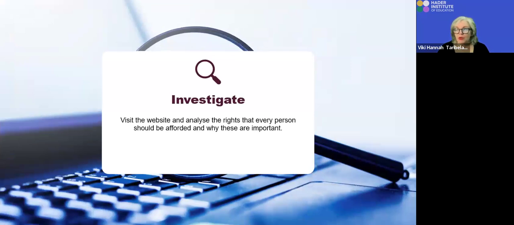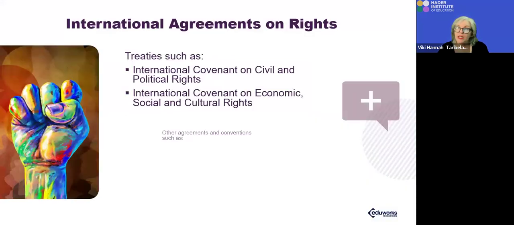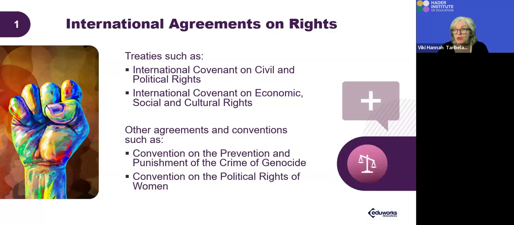So while you're going through your learner's guide, we encourage you to visit the website of the Human Rights Commission, some of the other rights around Fair Work Australia, and have a look at the different legislations in your state or the territory where you live. That's important because you need to know what rights and responsibilities sit around the work you do with your clients. So we have an international agreement on rights. We have treaties. We raise this because you're going to need this for some of your assessment work.